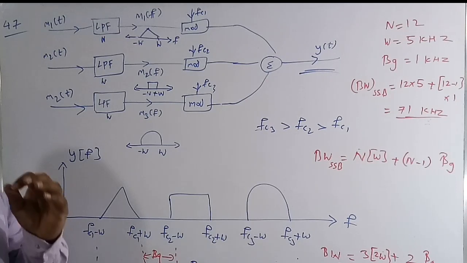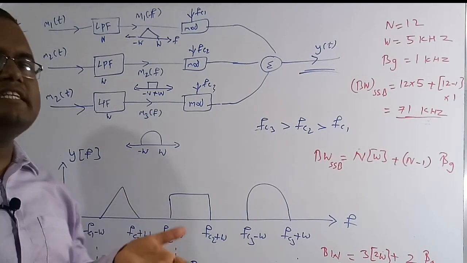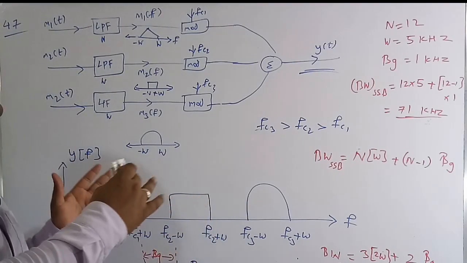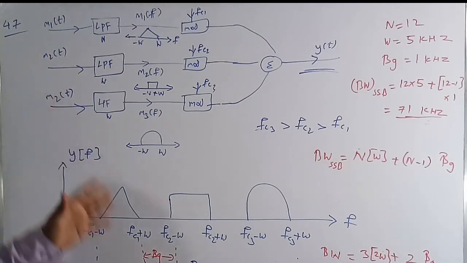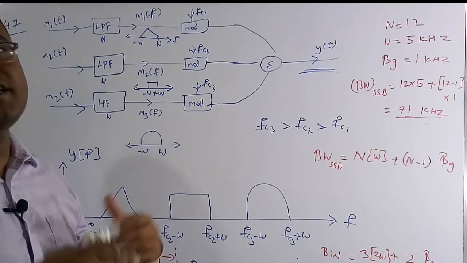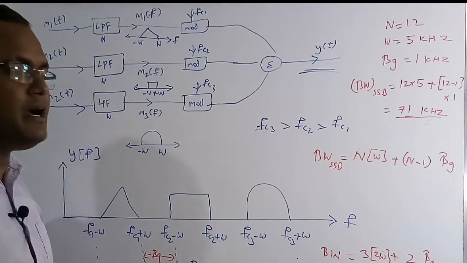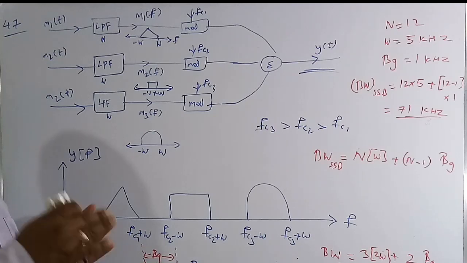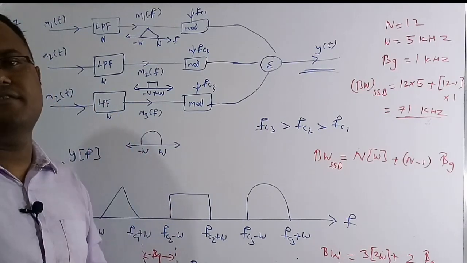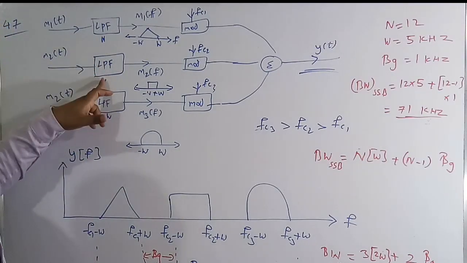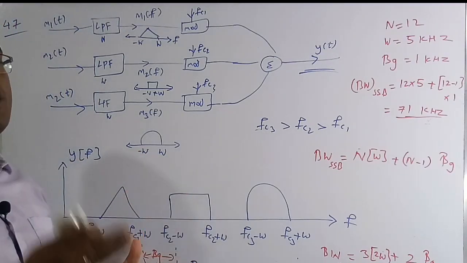Before I solve this numerical, let me tell a small example. Say there are 3 message signals. By using frequency division multiplexing, through only one channel we are going to transmit all these signals. Generally an arbitrary message signal can contain frequencies from 0 to infinity, but through a channel we cannot transmit all these frequencies. So we need to confine ourselves to only some amount of frequencies. That is the reason we apply this low pass filter. The low pass filter sends those signals from 0 frequency to the cutoff frequency.